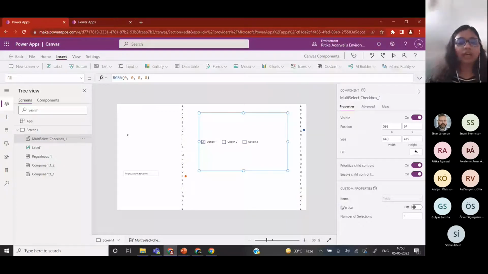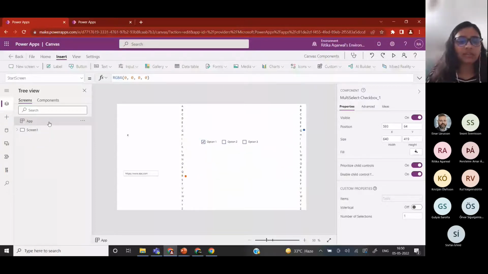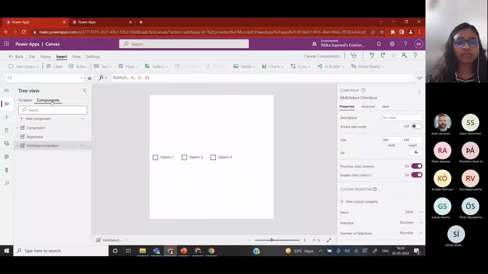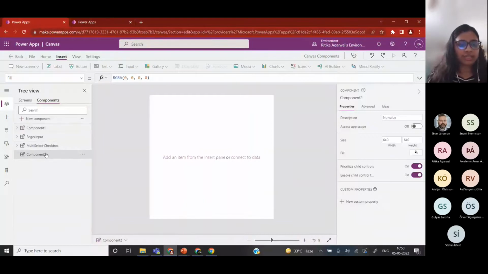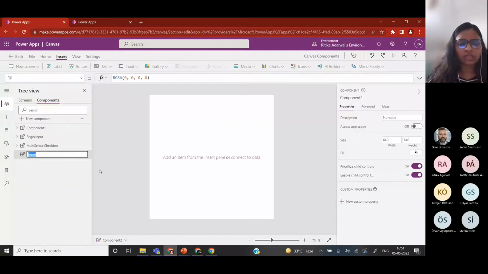Now let's see how we can create one using the Canvas components. For that, I'll go to the components tab here, click on plus new component. That will add my new control here. So let's say I want to name this as input, or maybe number input. Let's do that. I misspelled it, so let me fix it. Yeah, number input. Now we are going to use out of the box controls, input properties, output properties, and then